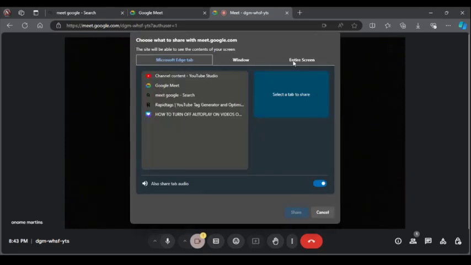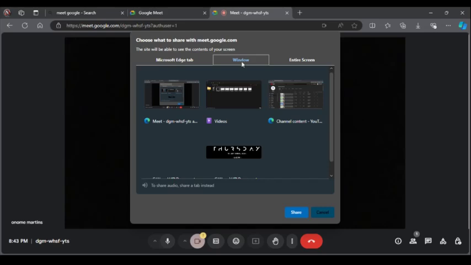You can only share the Edge tab, which is the current tab, and I have about 3 tabs open. So I can decide to share any of those 3. I can decide to share the entire window. I'll just pick from any of this window I have open. See, I have this, reduce, and also another Microsoft Edge open, or I can also share the entire screen, and